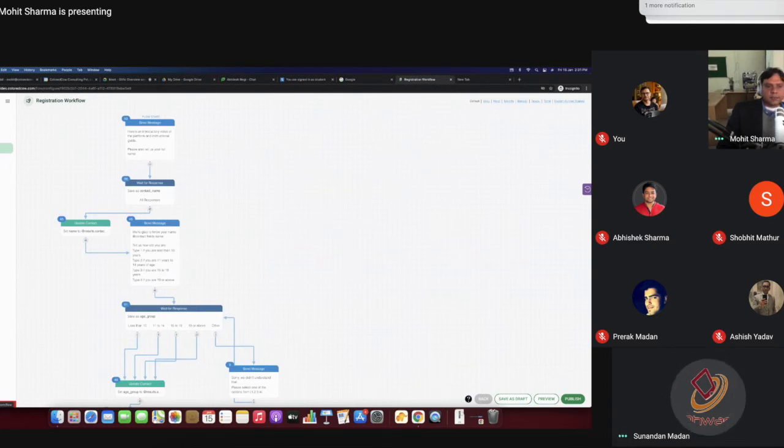So let's say there are 2 flows, a student profile flow and a teacher profile flow. Separate flows. Sunandan goes and fills the student profile flow, and there are 5 questions you are asking. Again, Mohit, who is a teacher, fills the teacher profile flow.